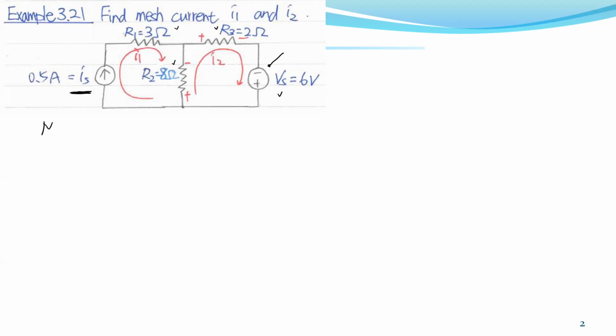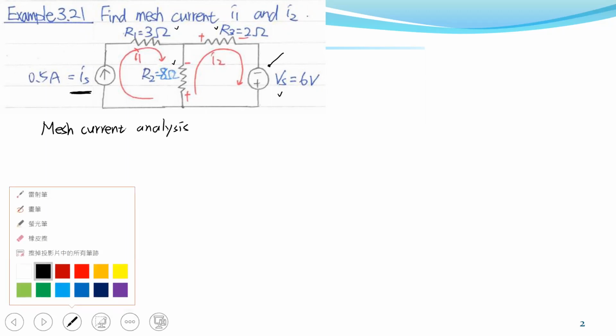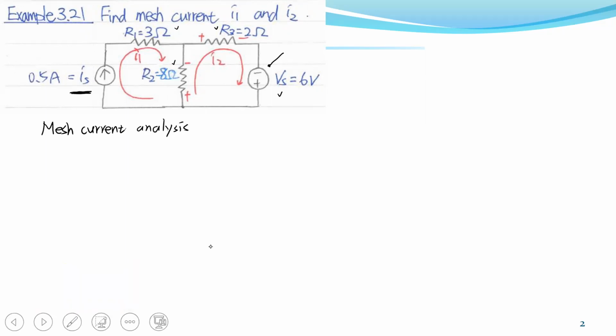So for mesh current analysis, first, we need to define mesh current, and we usually define the mesh current as a clockwise direction. So here I already write the mesh current for you, I1 and I2, and then we look at loop 1. So this is loop 1. So for loop 1,